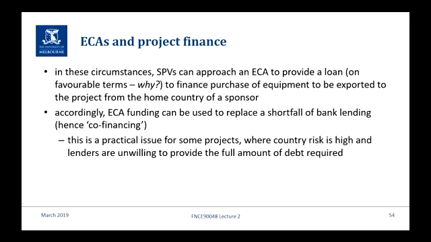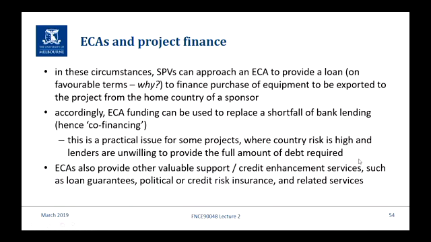The reason that lenders don't always want to lend the full amount that's been requested, one of the reasons is because they like the project, they like the cash flows, but they're just a bit worried about the country risk. And that's why they say, look, we do like your oil operations project, but we're not going to lend the whole $800 million that you've asked for. And this could come to make up the shortfall. But it's not the main thing that the ECAs do.